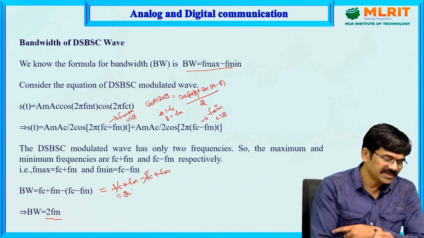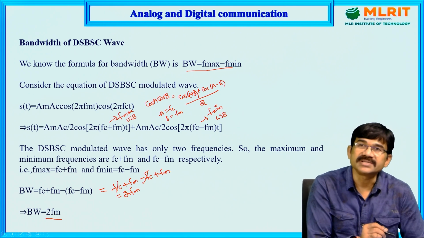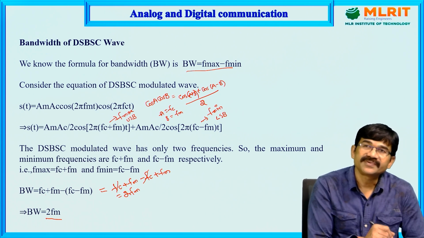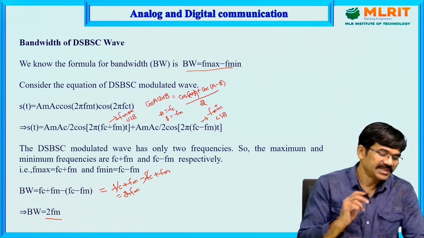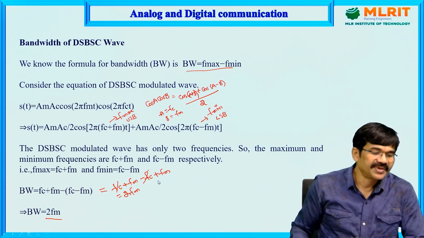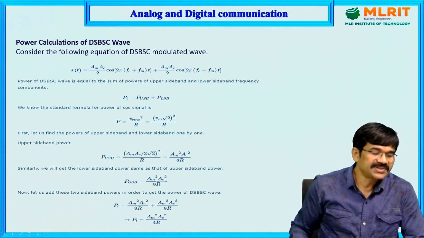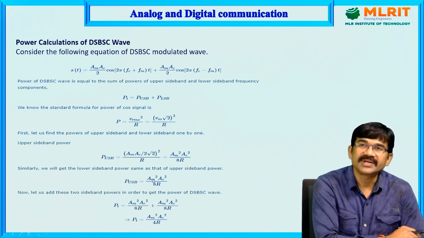2Fm is the bandwidth for the transmission of the DSBSC. So the bandwidth for the AM and the bandwidth for the DSBSC are both the same. So this is the expression for the bandwidth. Next, what is the power required for the transmission of the DSBSC and what is the mathematical expression for